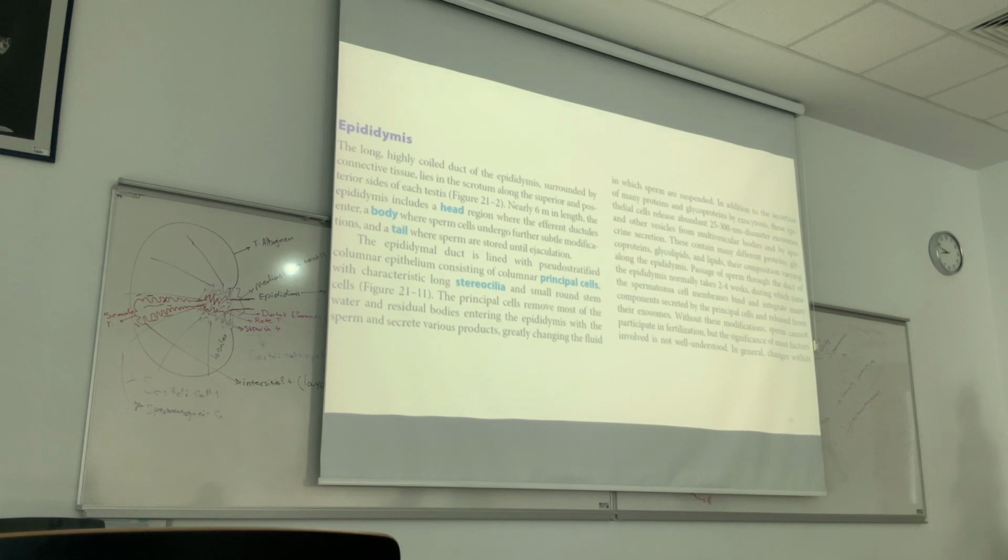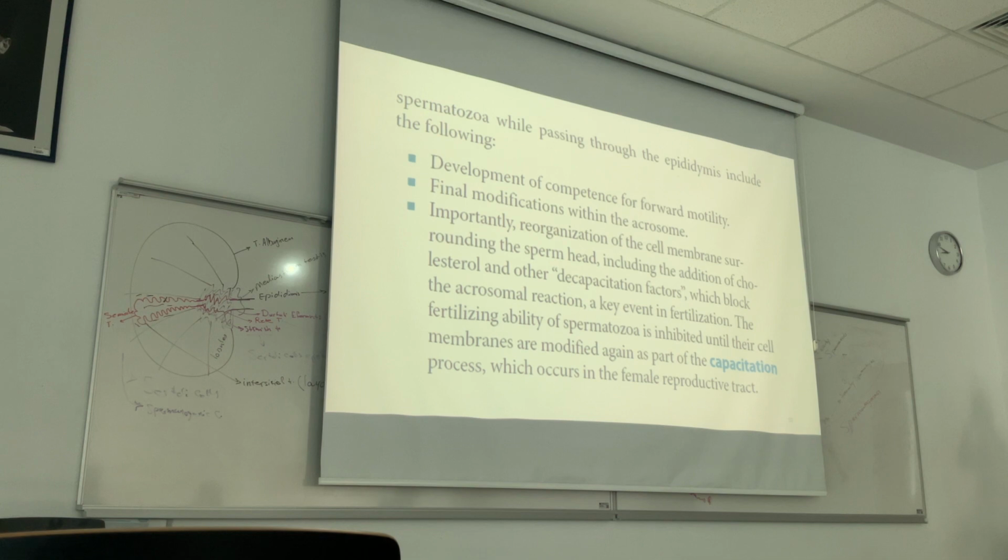These are long cells, and also we have the basal cells near the basement membrane. Spermatozoa in the inner side of the epididymis can develop and complete their forward motility. It's very important. And also, final modification occurs in the acrosomal part, and the most important thing which occurs in the epididymis